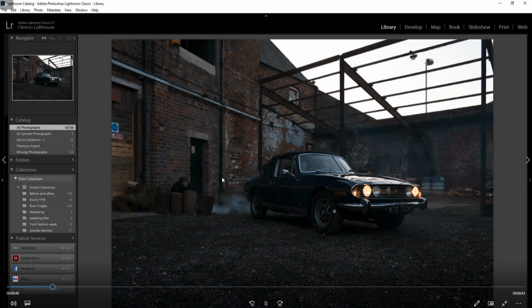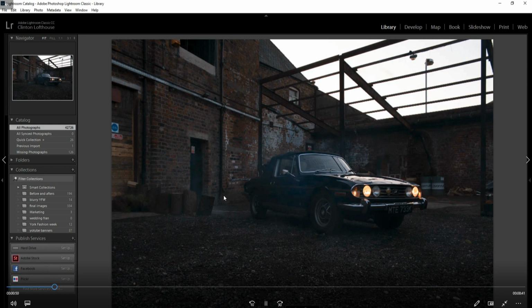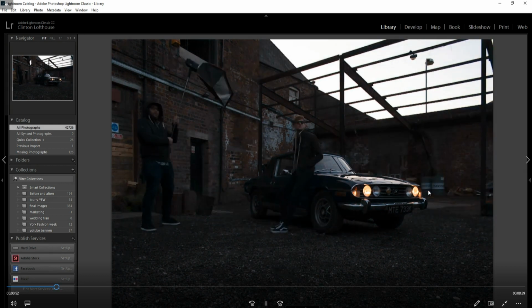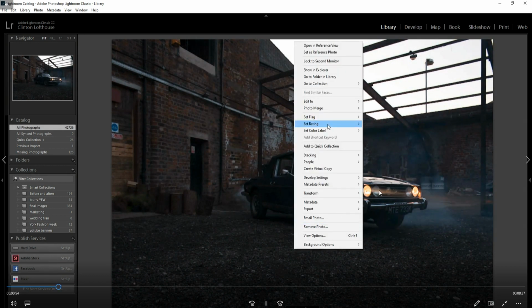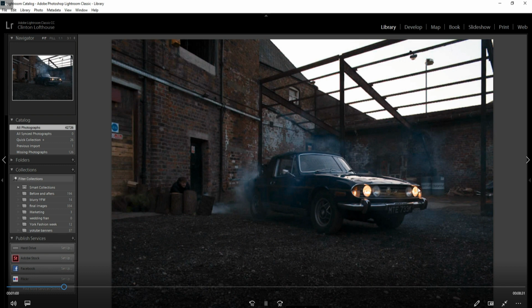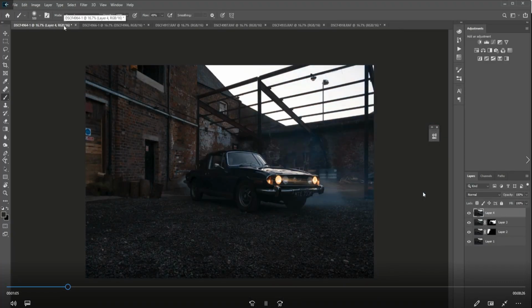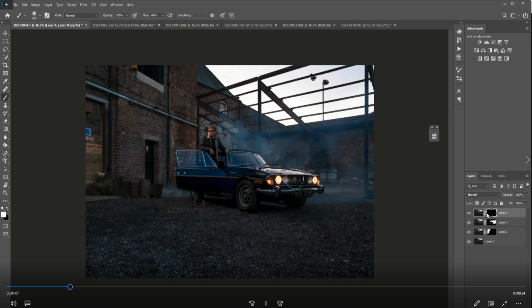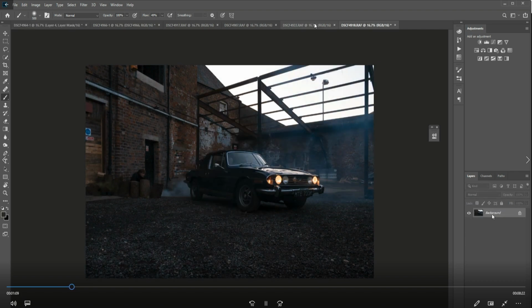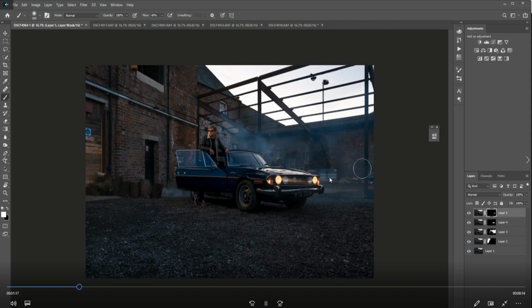I then at some points bring in the fog behind the car, and then I also bring two images in where the light is looking better on each image, and I then use the layer mask to blend in the light at the front of the car coming out of the headlights, again using the same blending composite method. So as you can see here, bringing the image in, putting a layer mask on, pressing Ctrl I to hide it, and then painting in the effect. So as you can see, I'll paint in the effect around